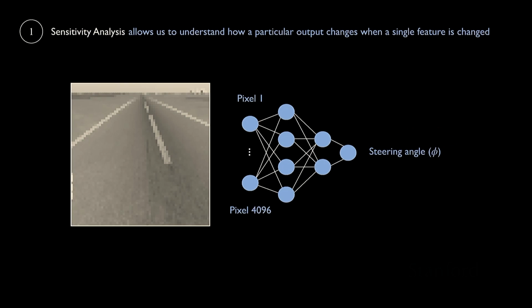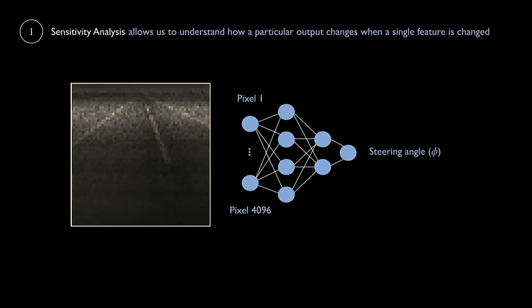And then we can plot the relative change, or the relative spread in the change of the steering angle, on top of the image. When we do that, we get something like this. It's kind of noisy, but it looks roughly like the most sensitive pixels are in the portion of the image which would really help us localize where we are, because it's the portion that shows the edge lines and some of the center lines. So we can look at this and say, okay, it seems like it's paying attention to the thing that we expect it to.